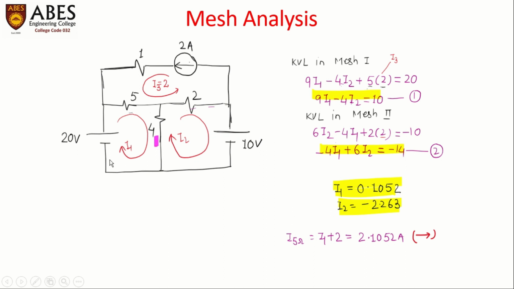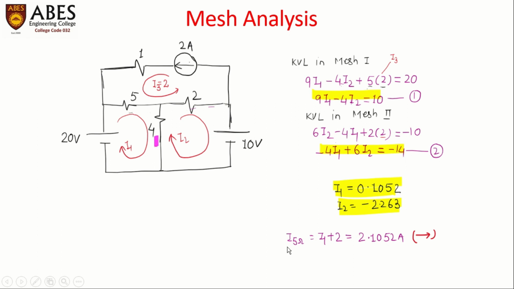Now, after solving this circuit, we are able to find the value of current in any particular element or branch of this circuit. Suppose you have been asked to find the value of current in the 4 ohm resistance. 4 ohm resistance is the common resistance between mesh 1 and mesh 2. It means the final current of 4 ohm would be the algebraic sum of I1 and I2. The current in the 4 ohm resistance would be I1 minus I2 in downward direction. If you want to write I2 minus I1, then the final current would flow from downward to upward direction.